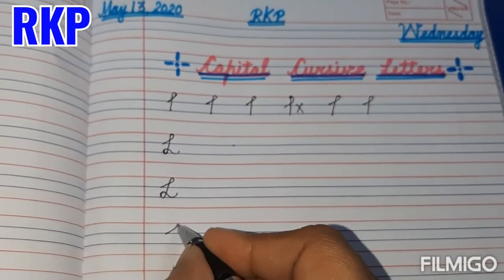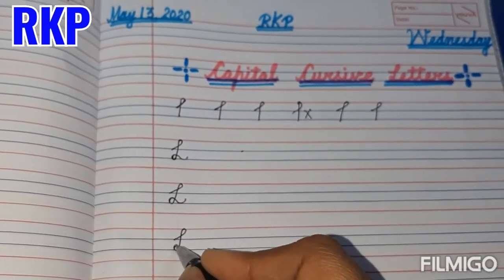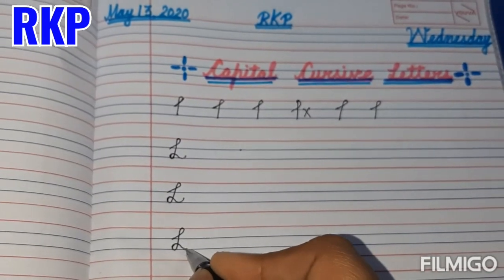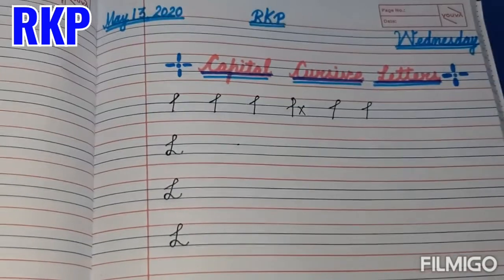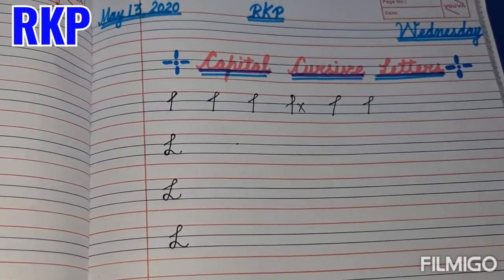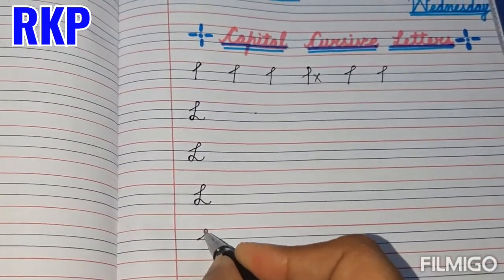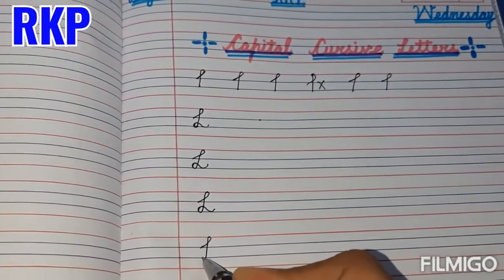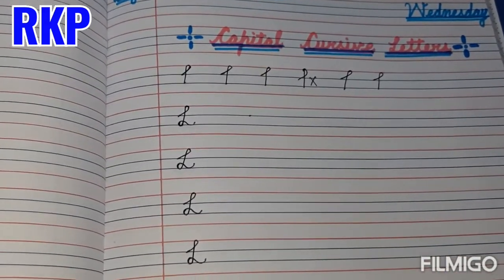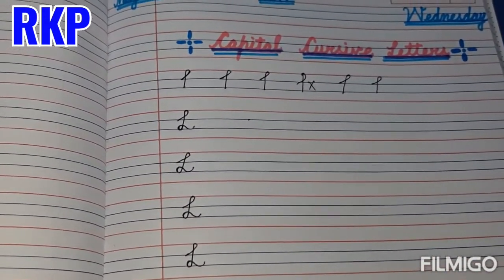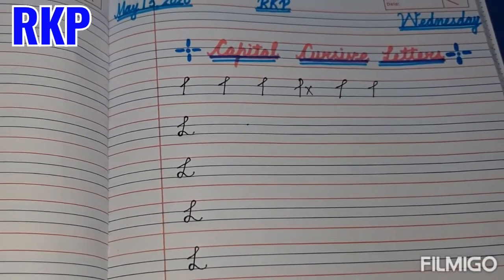Middle to upper. Come down, loop from the back side and you have to touch this till the bottom line. This is L. Clear? Look once again. Middle to upper. Come till the base. Turn back and do like this. Letter L. Fine, beta. Now we will practice the letter D.